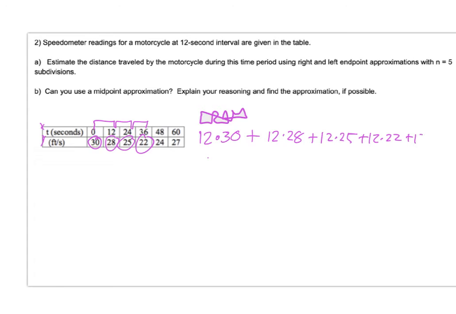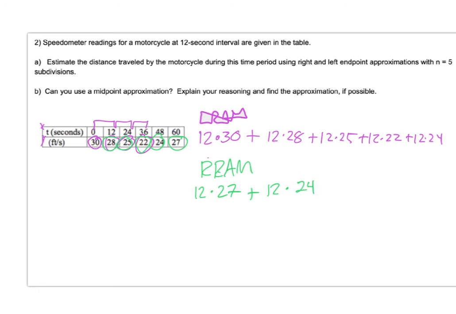And 12 times 24. That's my LRAM. Looking at my RRAM, we're going from 0 to 12. Oh, the widths are all going to be the same for this. And I like starting on the right side just so I know what's going on. So we've got 27, then 12 times 24,